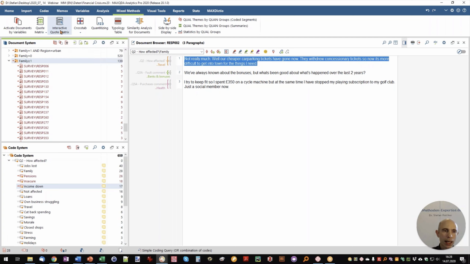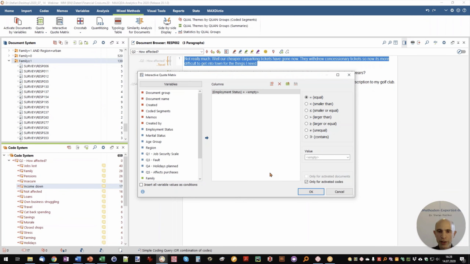And what we will do now is create an interactive quote matrix for all the codes here below "how affected", all the subcodes, how the persons have been affected by the financial crisis. And the idea of the interactive quote matrix is that we can compare different groups that we define by quantitative data. So we compare the qualitative information for different groups that we define by